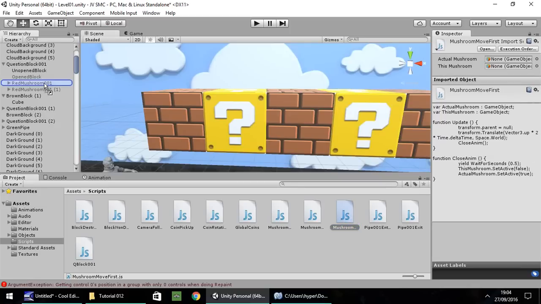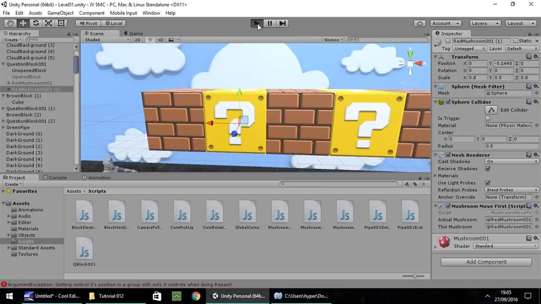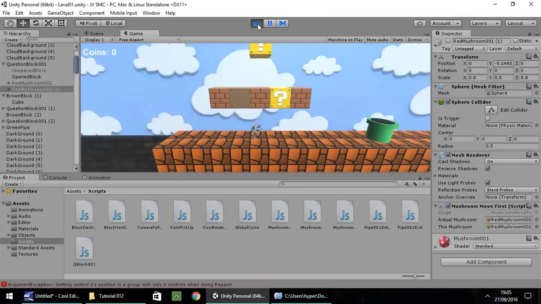So drag and drop onto that mushroom, click your mushroom, and we need to set the variables. So this mushroom is obviously that one, the one we've attached the script to, and the actual mushroom, which will make all the movement on the level, is that one just there. So I'm going to save this just now. What I'm hoping will happen is when we use our player to hit that box, the mushroom will appear up above the box and it will look as though it's stopping. Let's see if we actually get what we want. There we go.